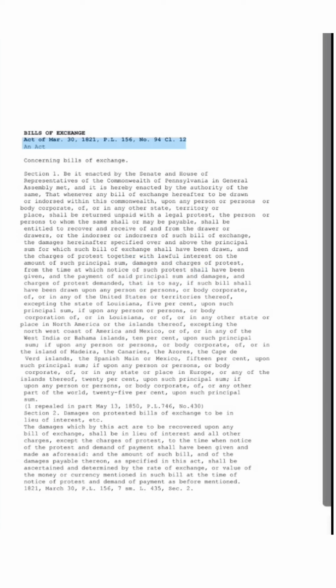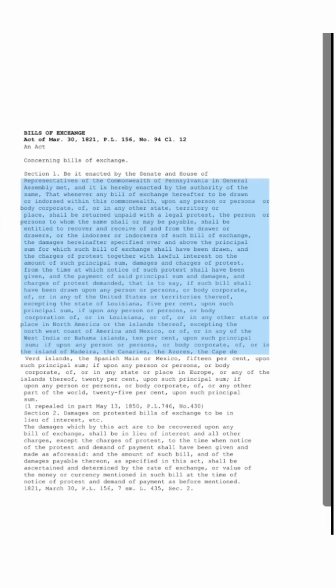Bills of Exchange. Act of Mar. 30, 1821, P.L. 156, No. 94 cl. 12, an Act concerning bills of exchange. Section 1. Be it enacted by the Senate and House of Representatives of the Commonwealth of Pennsylvania in General Assembly met, and it is hereby enacted by the authority of the same, that whenever any bill of exchange hereafter to be drawn or endorsed within this Commonwealth, upon any person or persons body corporate, of, or in any other state, territory or place, shall be returned unpaid with a legal protest, the persons to whom the same shall or may be payable, shall be entitled to recover and receive of and